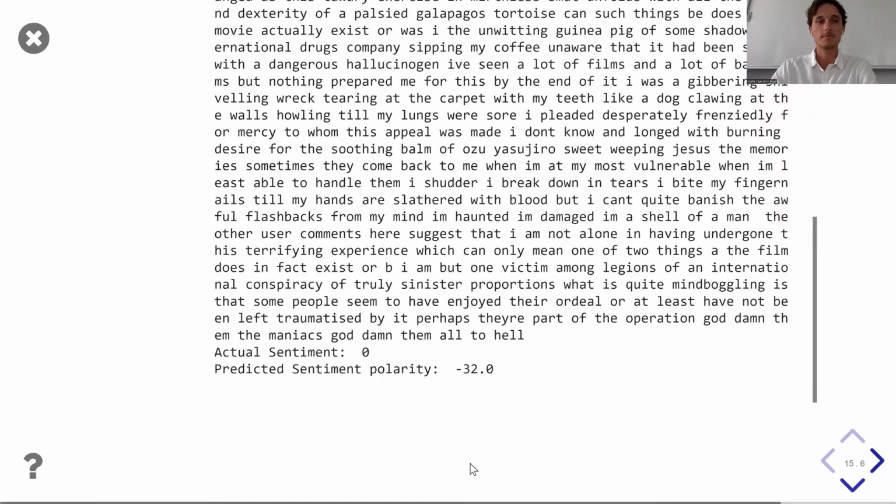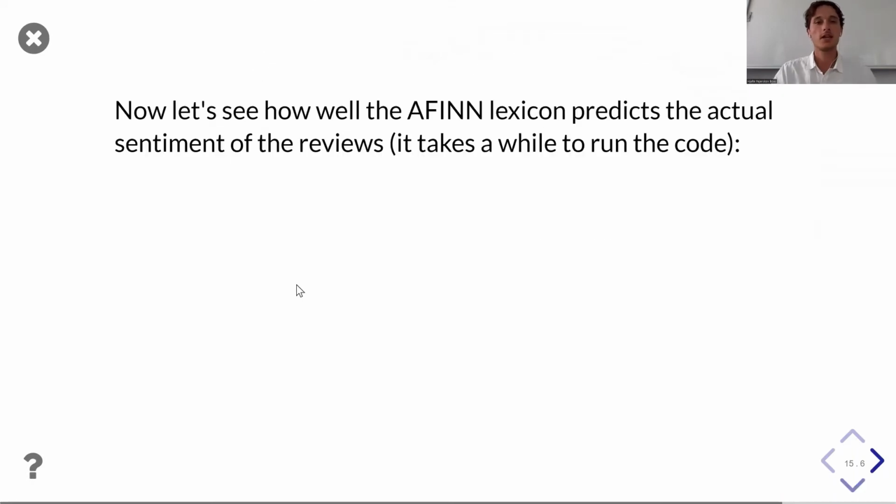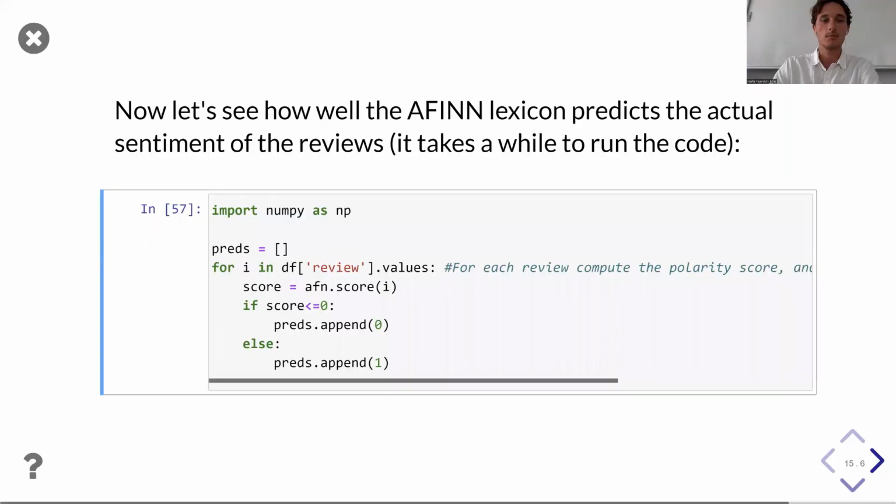So we can use the AFINN function and the lexicon to predict the sentiment of all the reviews we have. It would take a while to run this code, but I've done it already. What we do is iterate through all the reviews we have, and then find the score of the review, and then